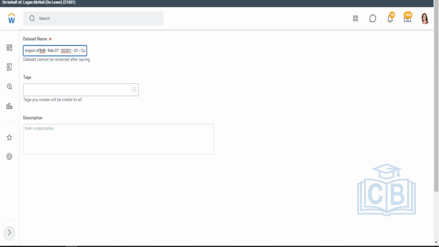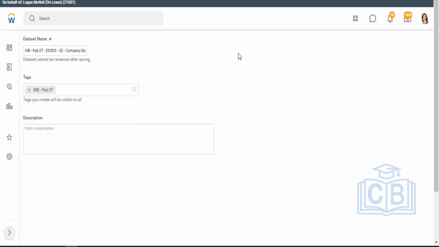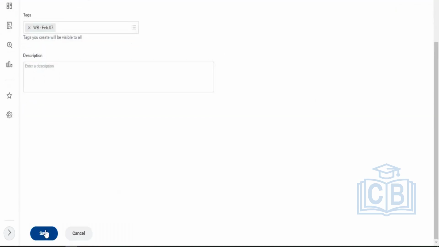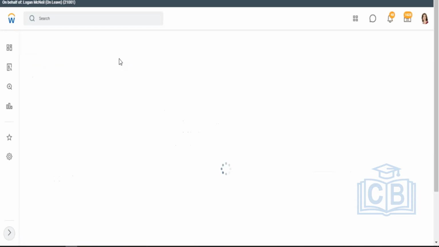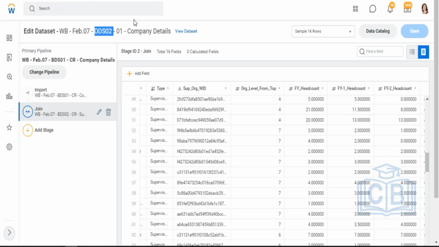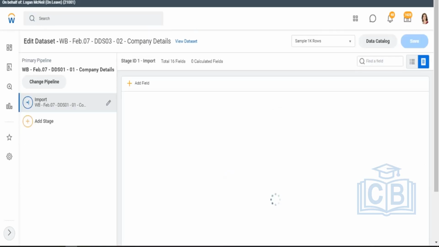I would simply call it DDS03. This derived data set is based on another derived data set which is at level 2. So I'm simply calling it 02, and WB Feb 7th is the tag. Save this and edit. So this DDS03 has the same data as DDS01 now, because this DDS03,